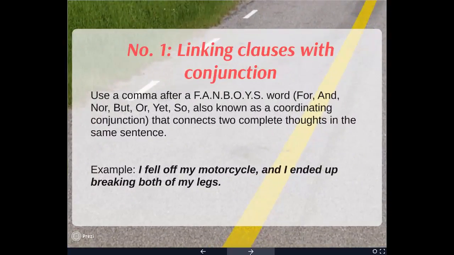Rule number 1, linking clauses with a conjunction. Now, what's a clause? That's just basically a group of words, and a conjunction is a connecting word. The acronym we like to use is FANBOYS: for, and, nor, but, or, yet, and so, also known as a coordinating conjunction. Now, you'd want to use a comma with the coordinating conjunction when they separate 2 complete thoughts in the same sentence. Case in point, I fell off my motorcycle, comma, and I ended up breaking both of my